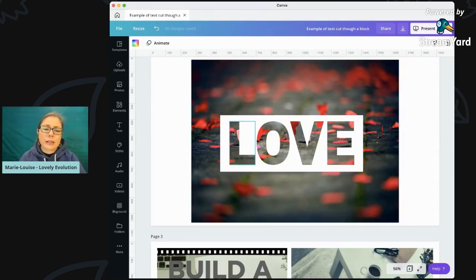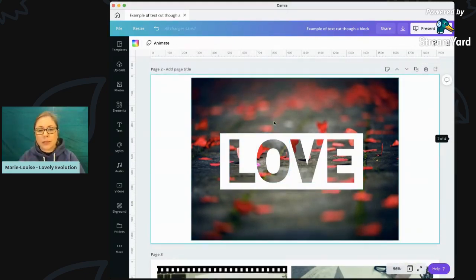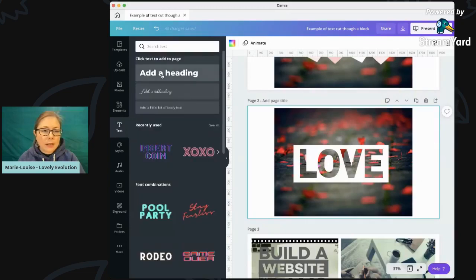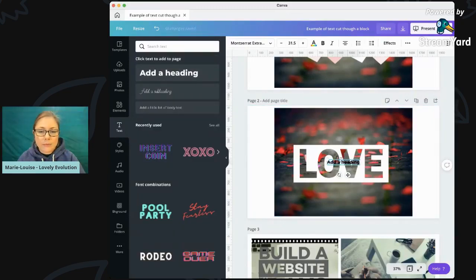Once you put your letters in place, you don't really want to start moving that around. It's going to be a bit of a pain because if I move that down, then you would have to make sure that everything is adjusted for that. So you could put a bit of text in there and put in